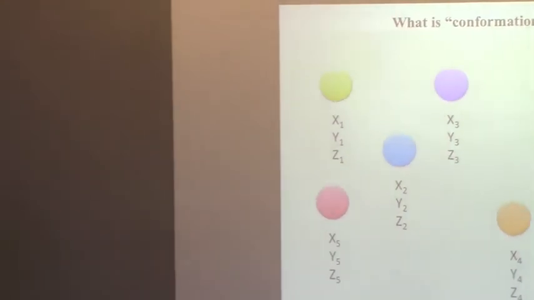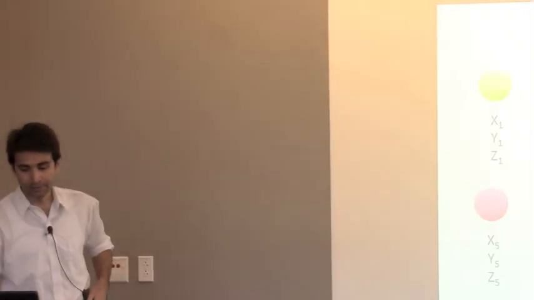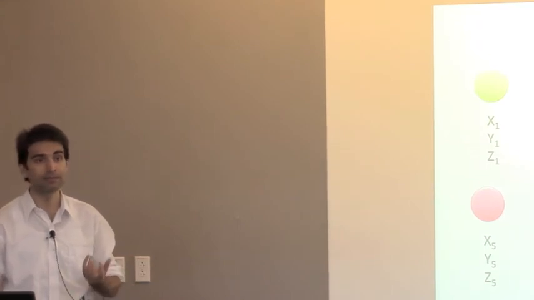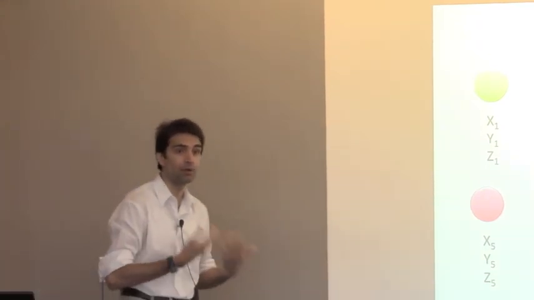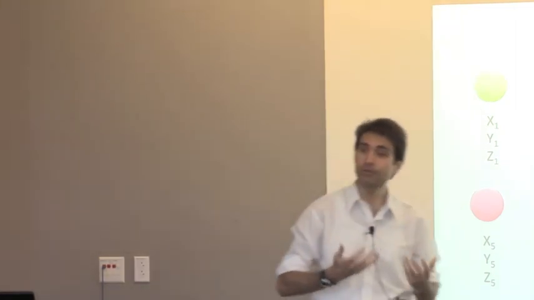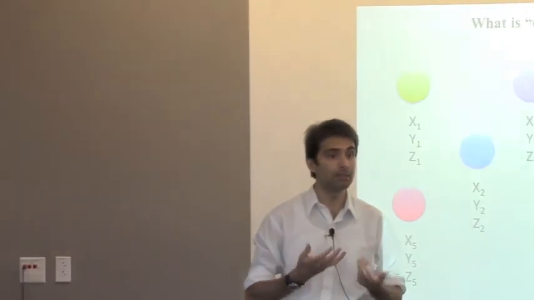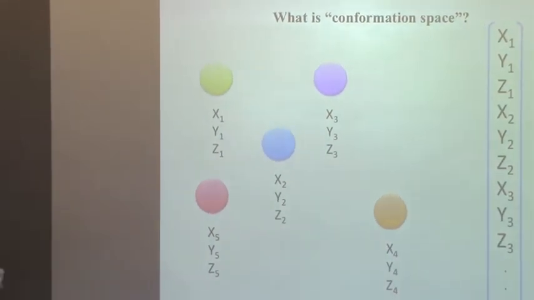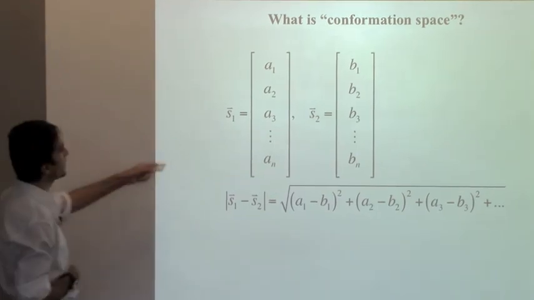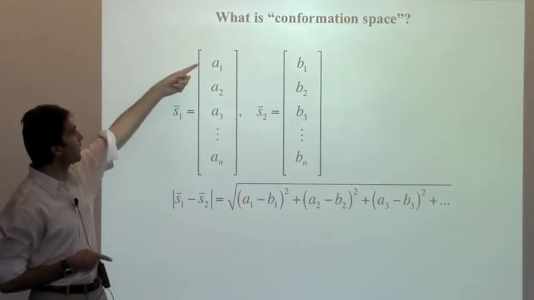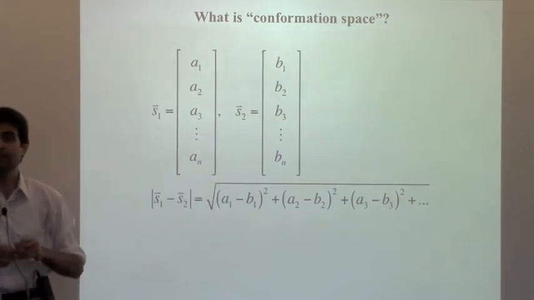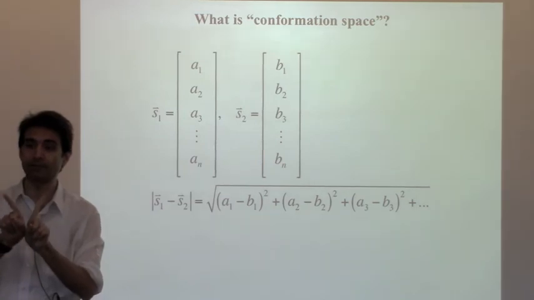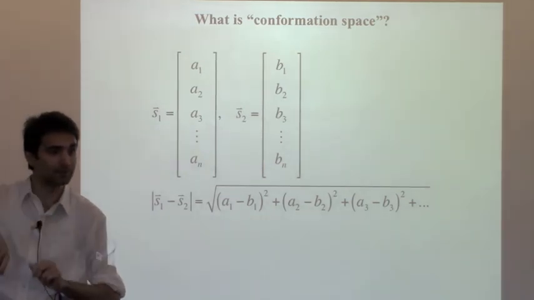Why is this useful? Well, one of the reasons it's useful is it feeds into a concept that you've probably all used and heard about, but might not have thought about in this way, called RMSD. If I want to compare 2 structures, I want to calculate some number corresponding to how similar or different those 2 structures are. And if I've got these 2 structures, structure 1 and structure 2, and I've got vectors corresponding to each of them in that higher dimensional space, the length of the difference vector between them, that's the vector that joins them tip to tail,